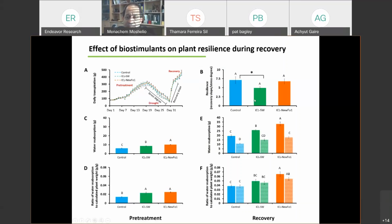We see here that the seaweed was not performing so well. Actually, it was lower than the control. But the FO1 treatment not only recovered as the control, it also gained water. Its water reabsorption was much better than all the other treatments. So in fact, this treatment not only improved the transpiration and the growth, but also improved the recovery rate after